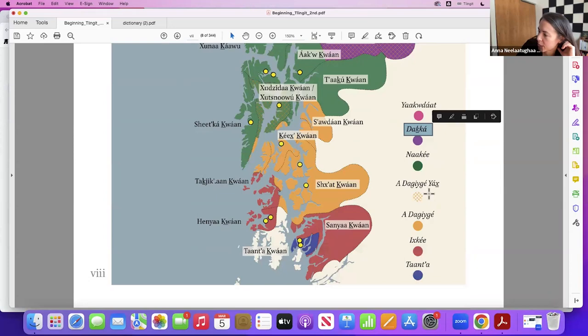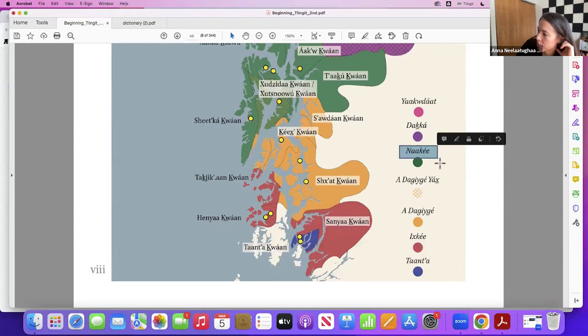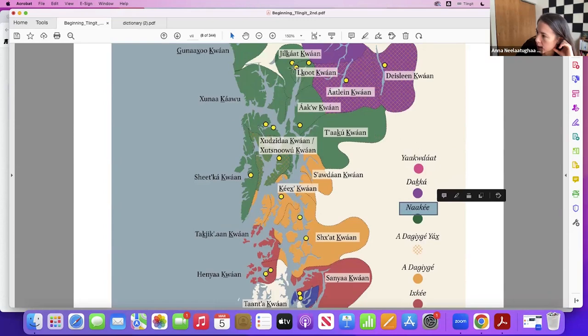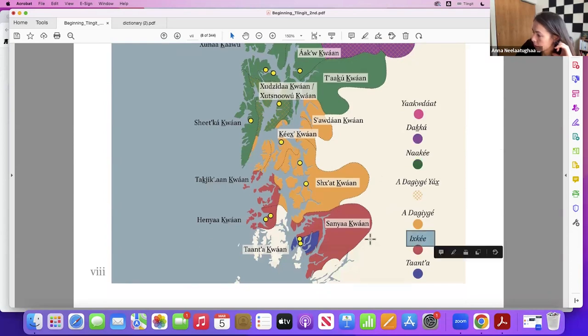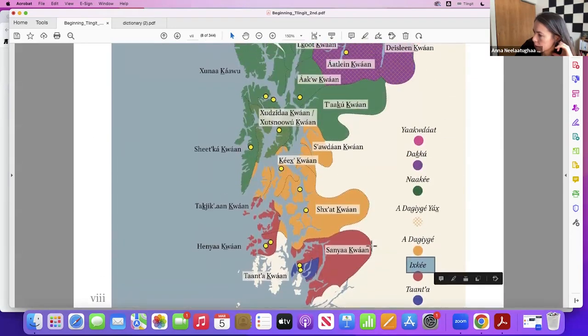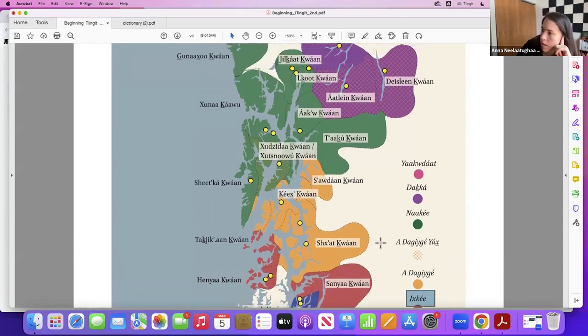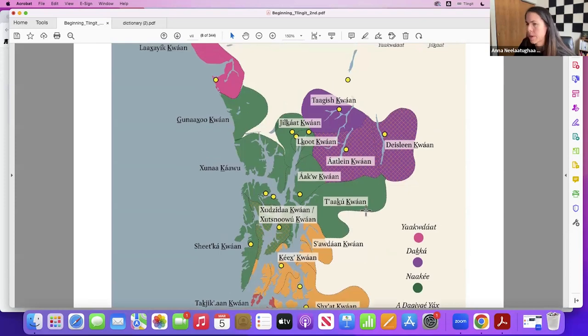What's another one? Naki is upriver, and it also alternatively can be used as north, but that's just a coincidence because of the way rivers tend to run in the area. Ichki would be downriver, or sometimes it's used as south. Kind of took myself on a tangent. I was supposed to answer a question and I started talking about that. You guys have any more questions?